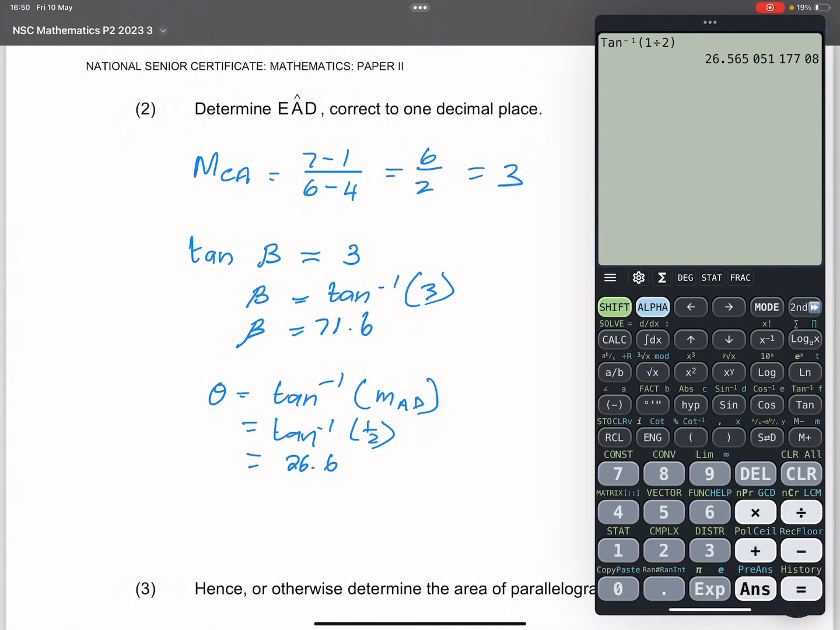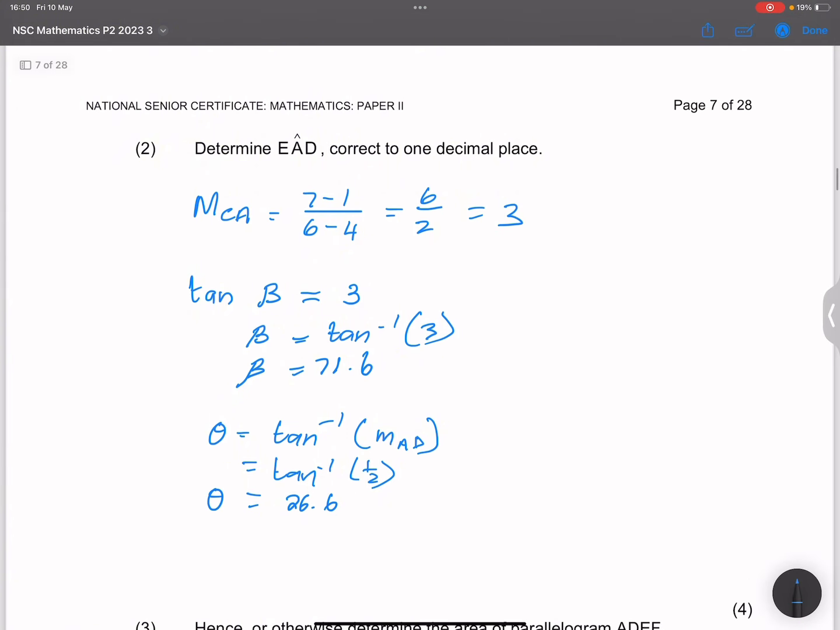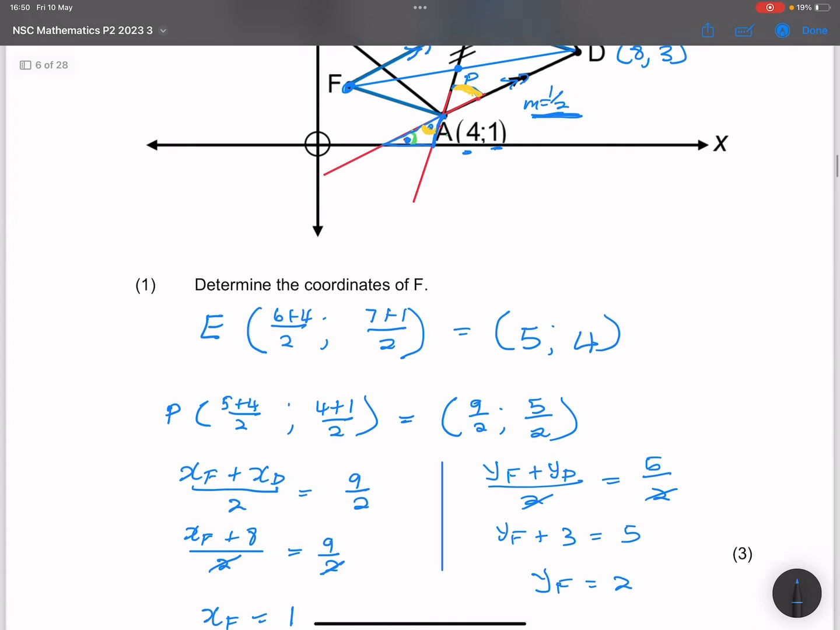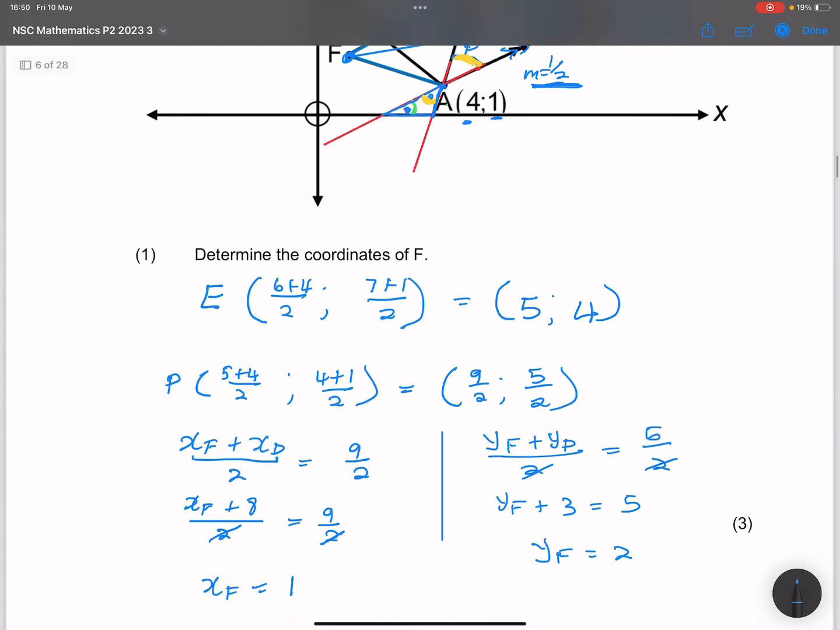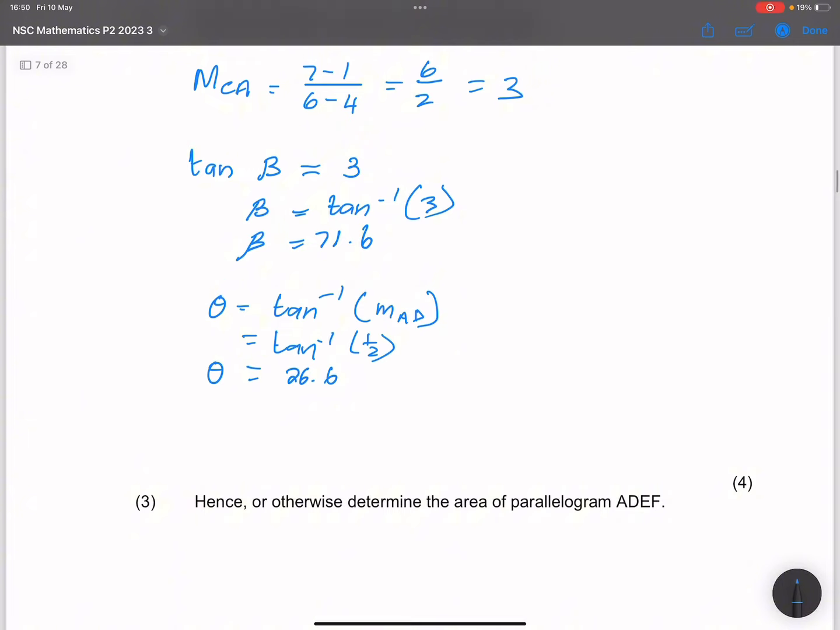26.6. Okay, right, now that's the angle theta. Now remember what I said, that's an exterior angle, right? It would be equal to the sum of the opposite interior angles. So essentially, the angle EAD would be equal to 71.6 minus 26.6, right? And in this case, we can use the exterior angles